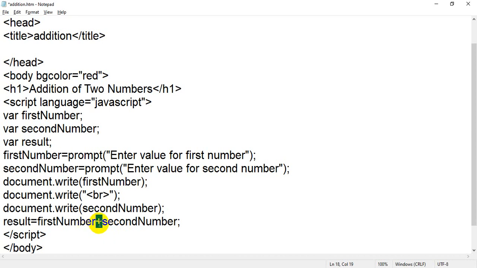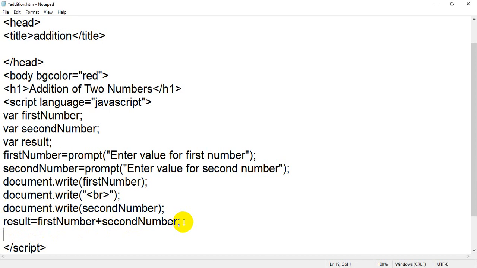By using this symbol, the value of first number and the value of second number will be added, and the resultant value will be stored inside the result variable you have declared.